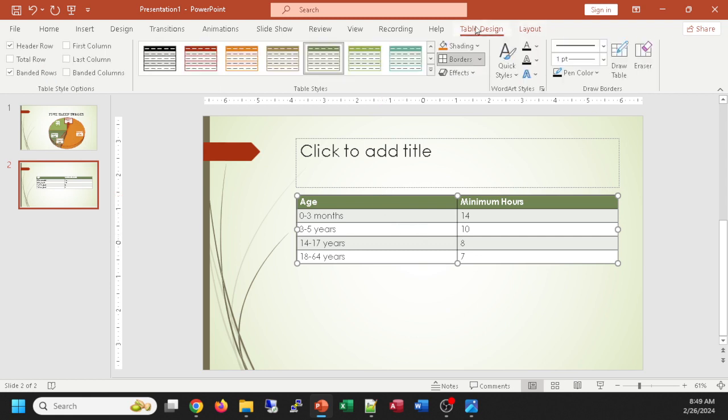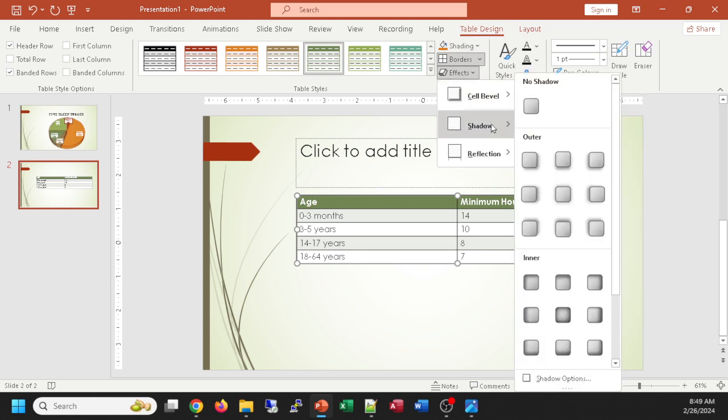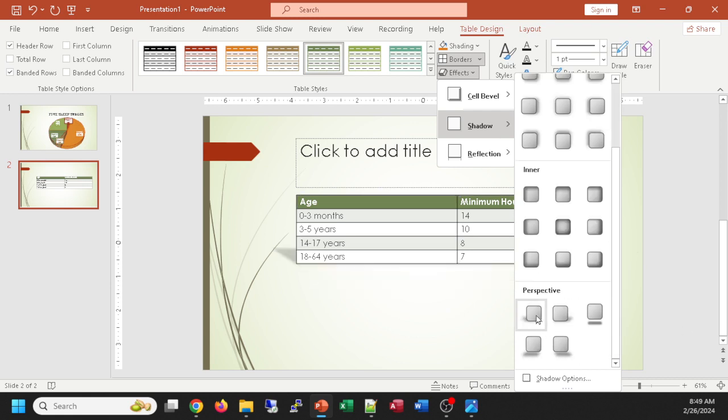Over here in Table Design, I can apply effects. Table Design, effects. And there's not a whole lot of effects I can apply to tables, but the shadow is the one we'd like to apply, and the type of shadow they would like is the perspective upper left. See, as I choose perspective, the shadow is going in a different direction. They would like the shadow heading to the upper left. The others, you can see a much more subtle style,